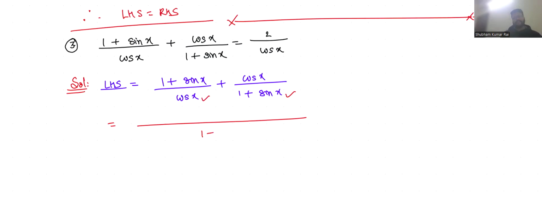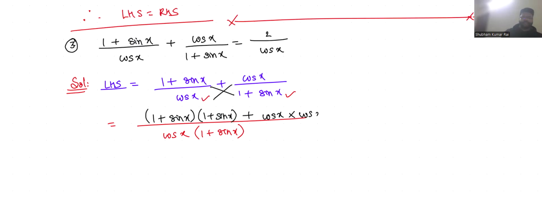We will have the product of these. Now, with the LCM, this will be multiplied, so it will become (1 plus sin x) times (1 plus sin x), plus cos x multiplied with cos x. So, if I solve it further,